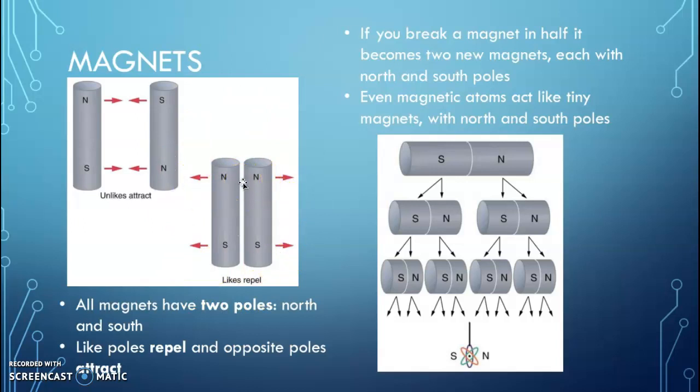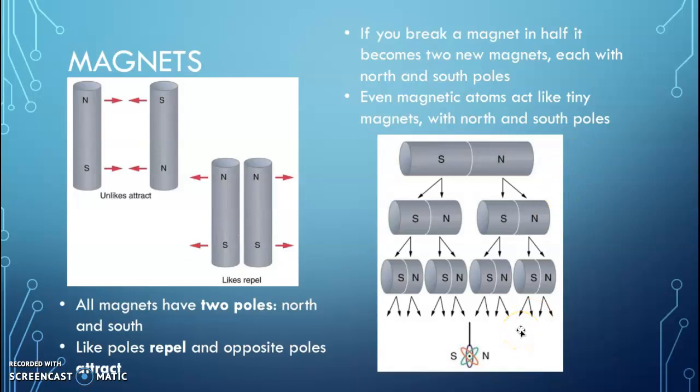I think we've all felt that when we try to put two magnets together with the same poles, they push apart. And then the unlikes are going to attract, as shown in this part of the picture. If you break a magnet in half, you don't get just one south pole. If you break a south pole, it won't just stay south, but it will actually become its own new magnet. So breaking one will give you two, breaking two will give you four, and so on,